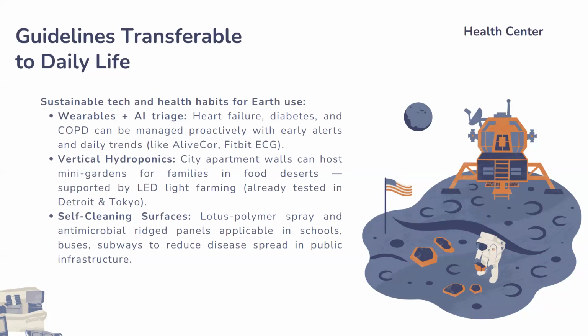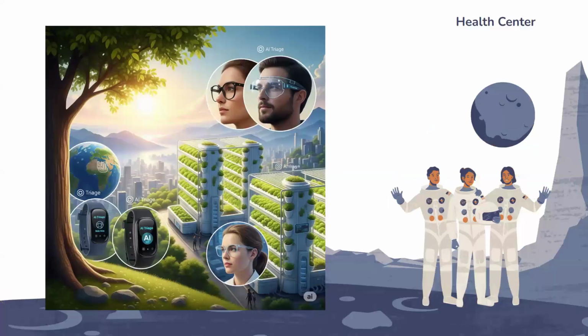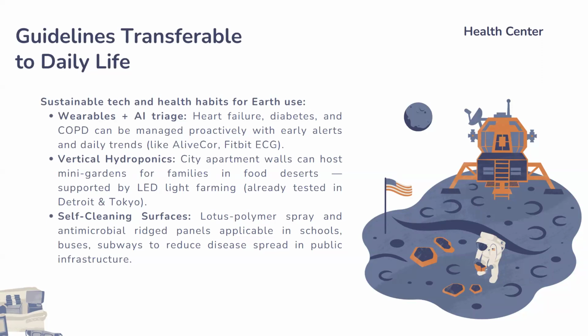Second comes vertical farming. We just saw the picture of that. In the health center, around a 0.25 square meter tray can produce around 40 grams of fresh mass per person, as we talked about, which is enough to supplement critical micronutrients. On Earth, this model will translate into stackable hydroponic systems, as we can see here, for urban food deserts, where fast food is cheap but fresh produce is scarce. There are already pilot projects in Detroit, Tokyo, and Cape Town, which are using these vertical kits in schools and community centers.